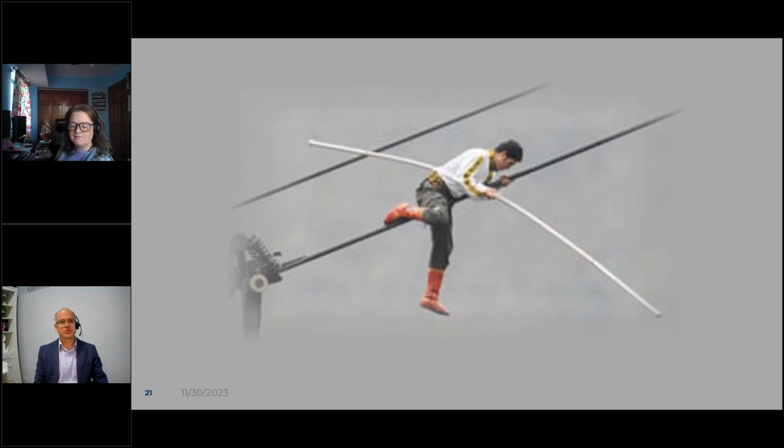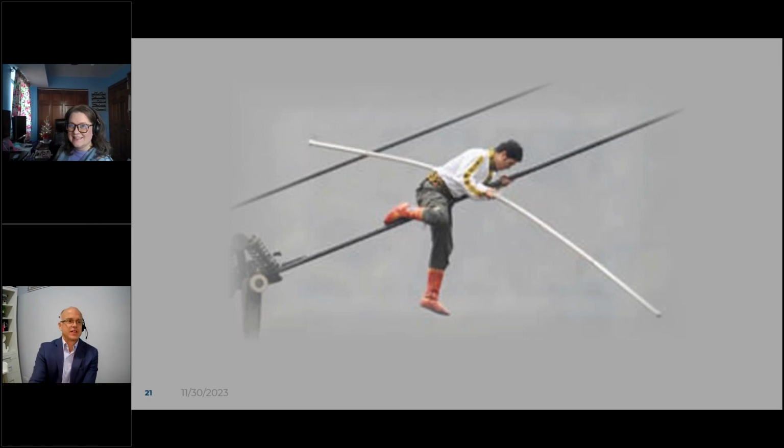But anyway, point of the matter is everyone makes mistakes. The busier we get, the more stress we're under, the more likely we are to make them. We need to have mechanisms in place to stop these errors. This guy probably should have a harness. I don't know why these guys don't have harnesses that attach to the line, but that's another story.